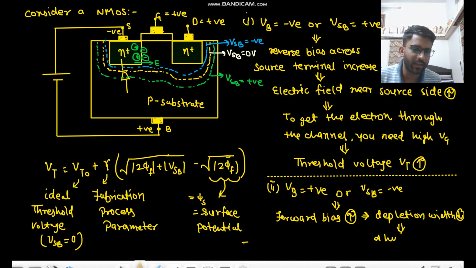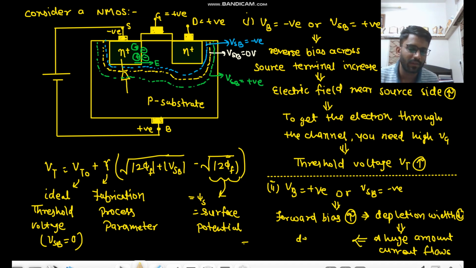Because of that, a huge amount of current flows and the device burns out. Many people say that if VSB is negative, that means if VB is positive,